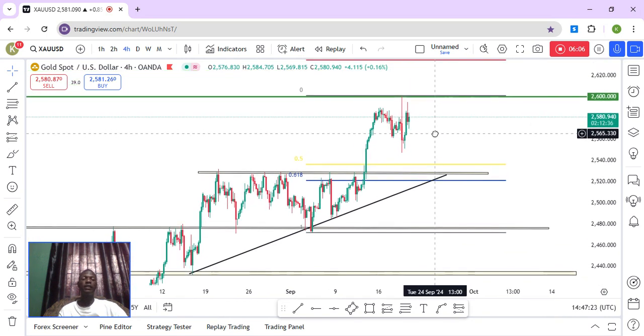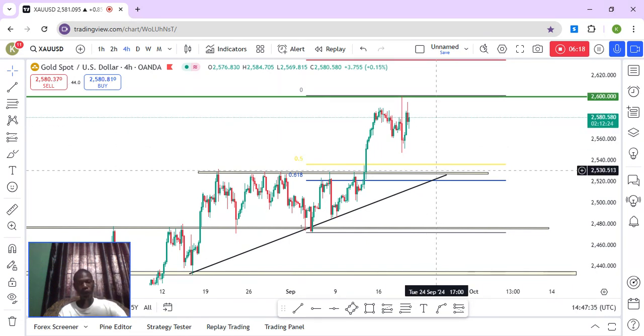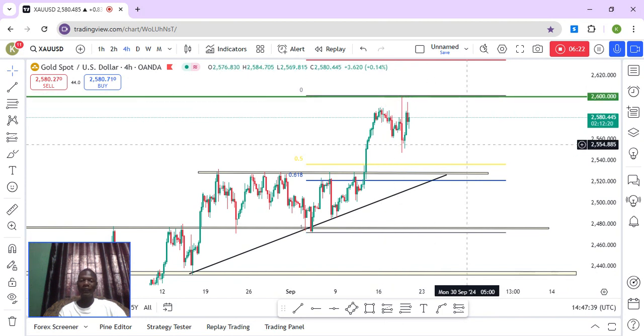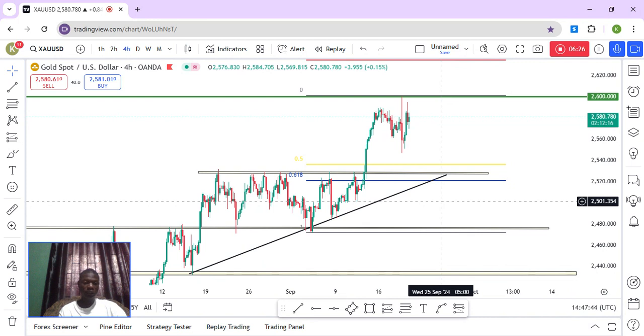And if it is about support and resistance terms, what I mean is that when the market rejects from the resistance level, it is coming to the nearest support. And since the market has rejected from this resistance level, it will come back to this support here. So if it breaks this level, this trade will be invalid.